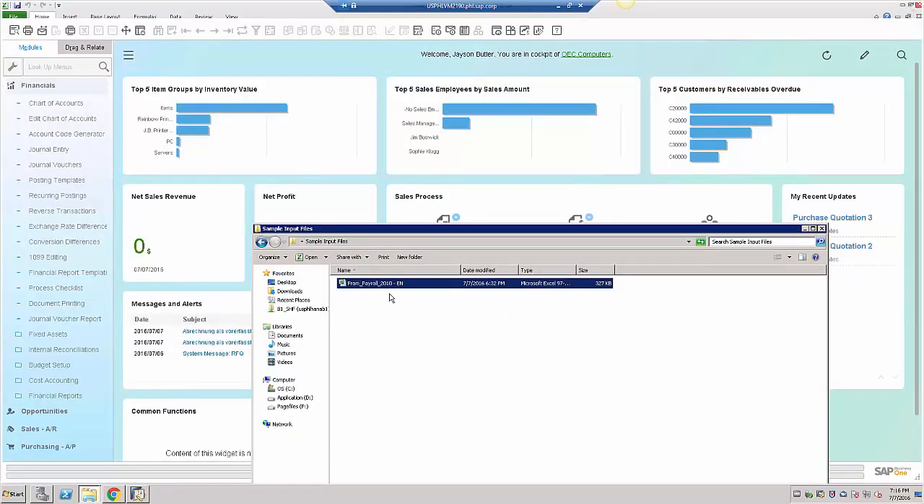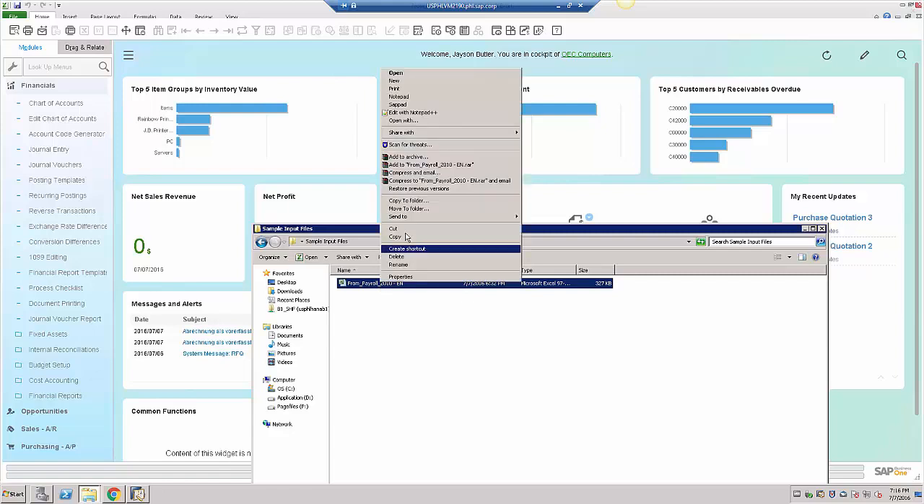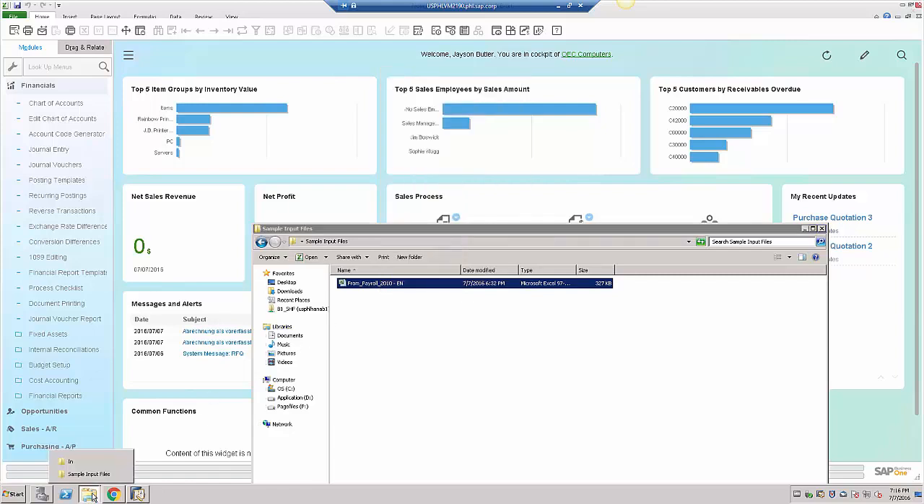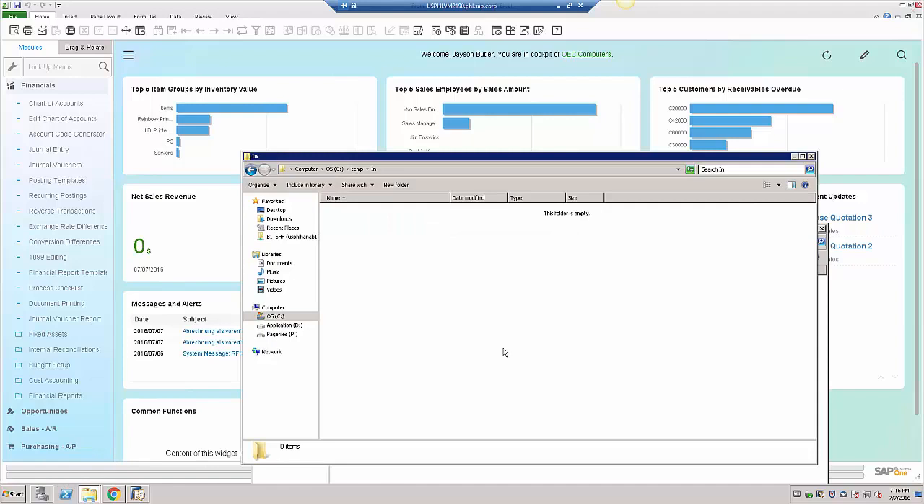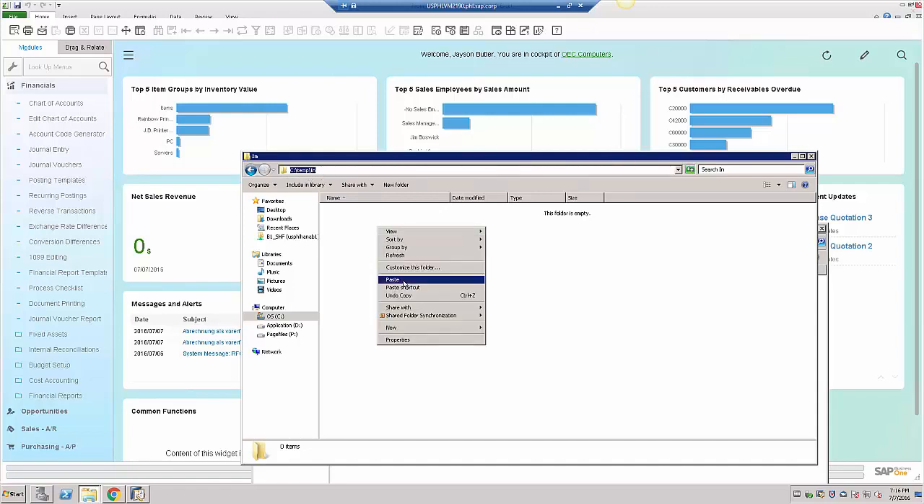Now all I have to do is just to copy this file, so let's right click and copy, and paste it into the input directory we specified during the installation of the package. And here we can see that I specified the C temp in directory, and all I have to do is just to paste here the file